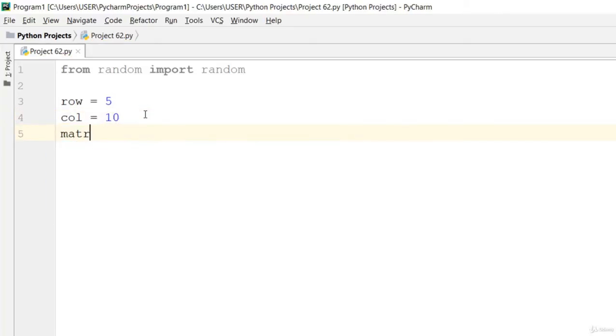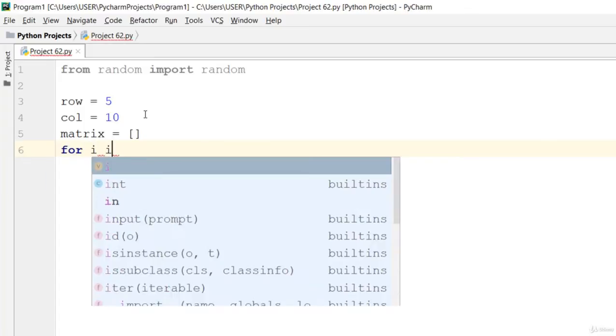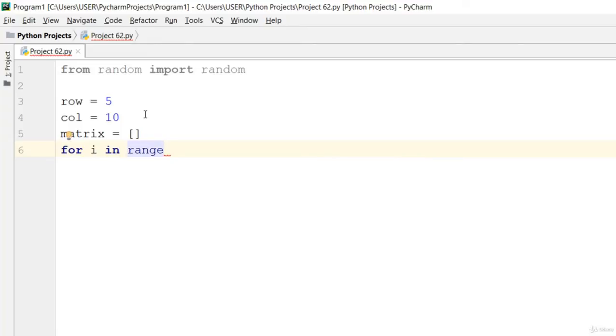Now let matrix be equal to an empty matrix, and for I in range of row, we say my row is equal to an empty array. And then for J in range of column,